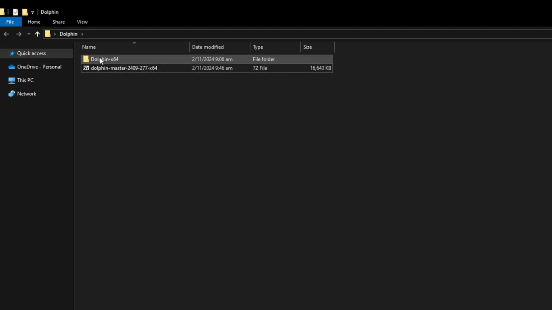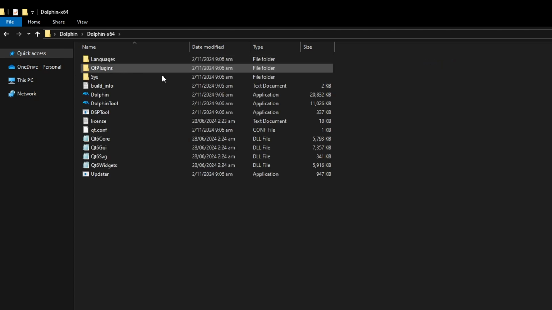When it's done, you're gonna see this folder showing up, and you can go ahead and delete the original zip file. We're not gonna need this anymore. So double-click on the Dolphin folder, and then you're gonna have the emulator files. But before starting the emulator itself, we're gonna create a portable file in this folder so that we have all the files for this emulator in one place.